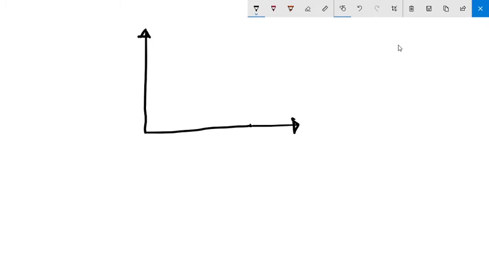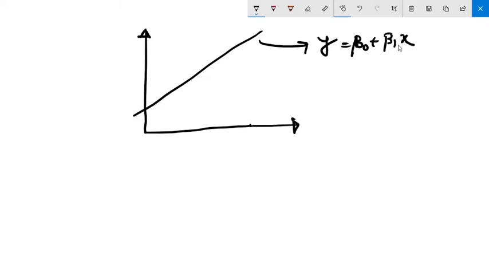Okay, so earlier you have learned this straight line, which is a linear regression, right? And the equation for this linear regression is nothing but y equal to beta 0 plus beta 1 x. This is what you have learned. And the output points are surrounding this straight line. And we have also seen how to calculate the error and how to estimate this beta 0 and beta 1. In the last class we have learned that. Okay, so this is the linear regression. So you can name it as linear regression model.